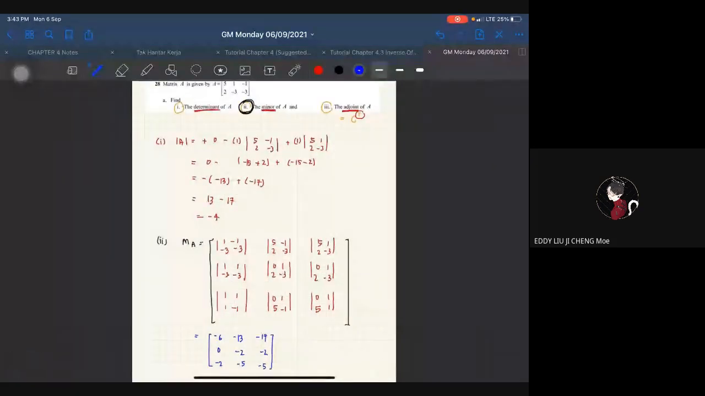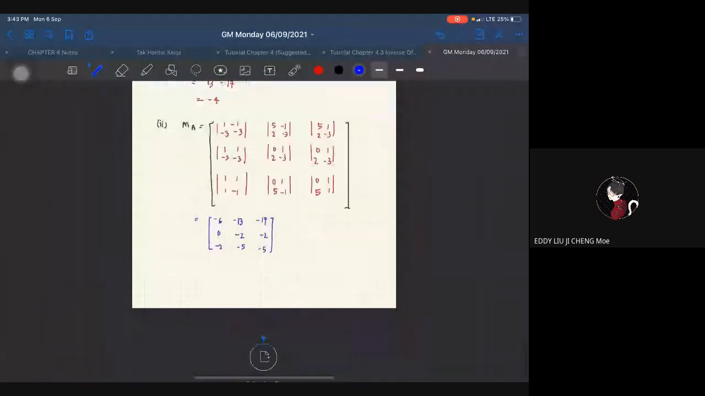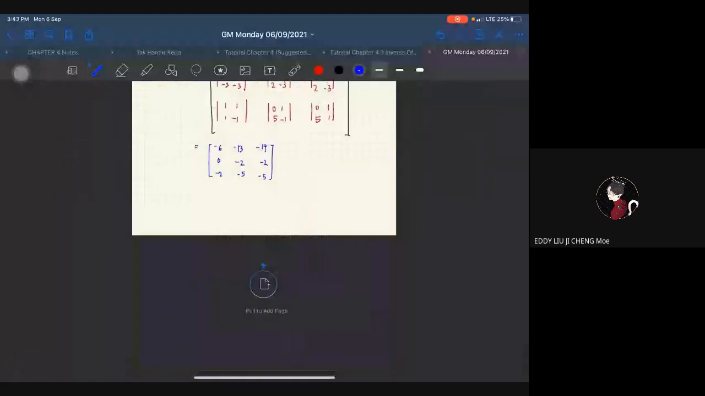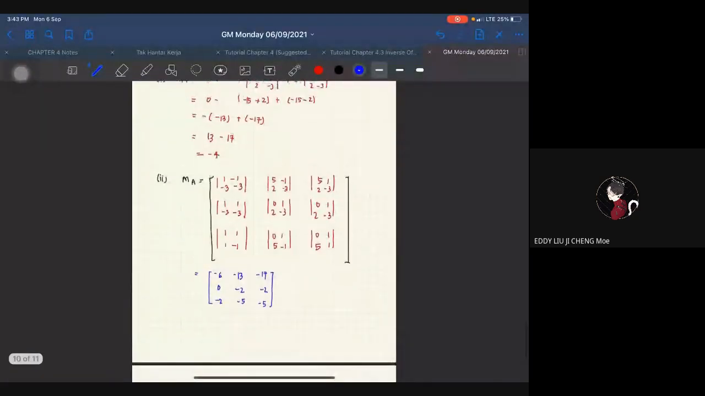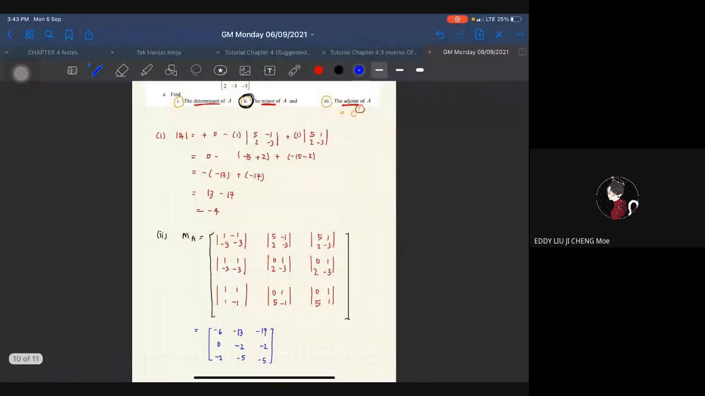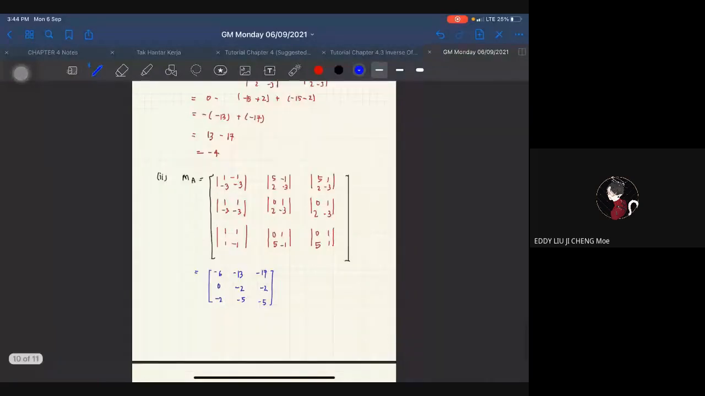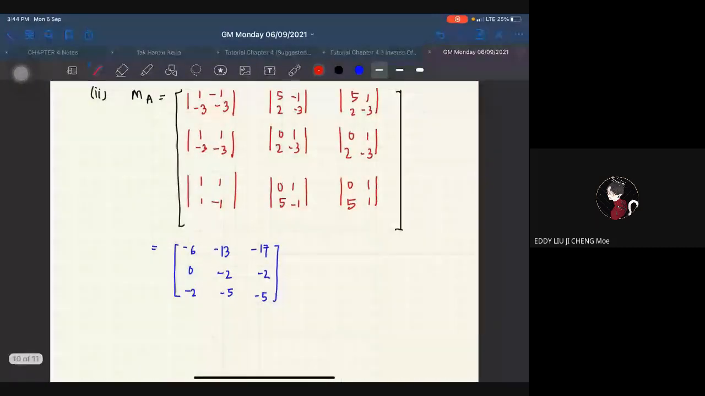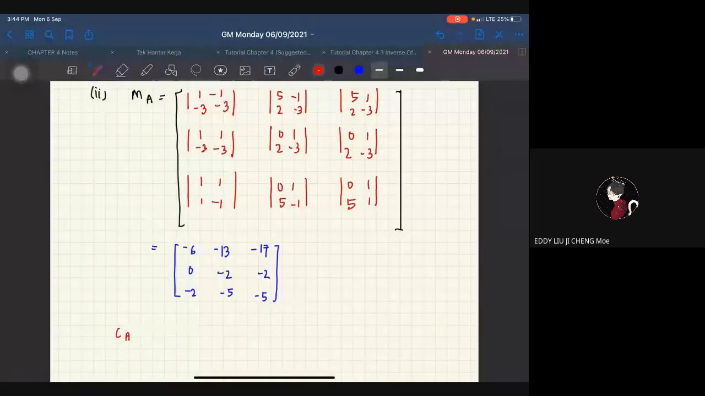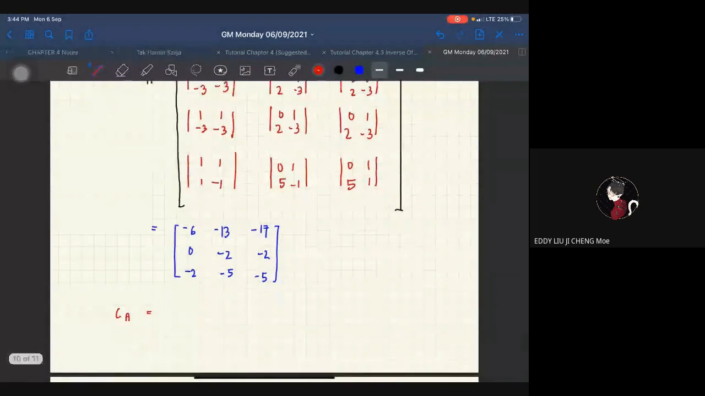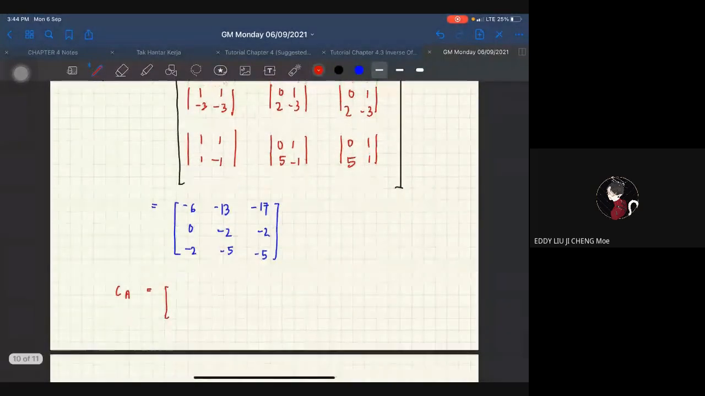Okay. And then soalan minta awak cari the adjoint of A. So kita tahu adjoint ni nak dapatkan dia is, sorry, we need to find the cofactor first and then just transpose it. Okay, so sekarang awak dah ada minor. So untuk awak cari cofactor, awak just tambahkan sahaja dia punya plus minus sign. So maksudnya dekat sini, kita akan ada cofactor of A is equals to